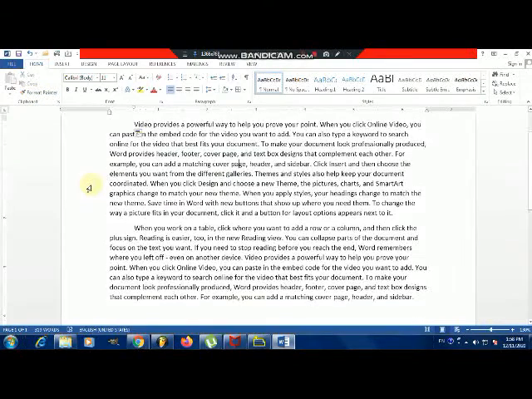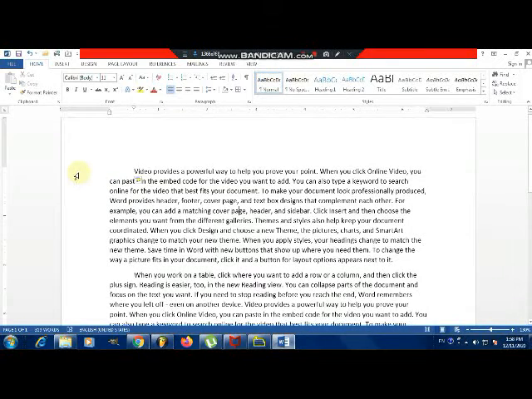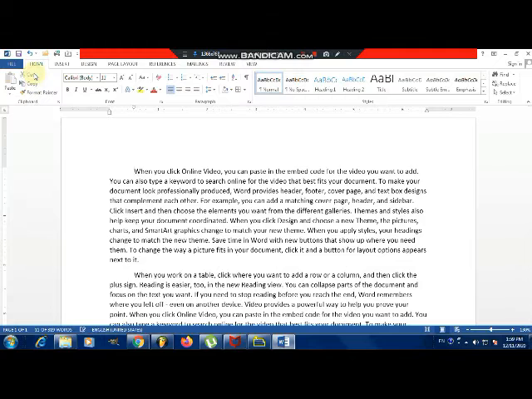Now what is the use of the cut command? The cut command is used to shift selected matter from one place to another place. Like we have to shift the first sentence of this paragraph to the end of this paragraph. So select the first sentence, click cut.